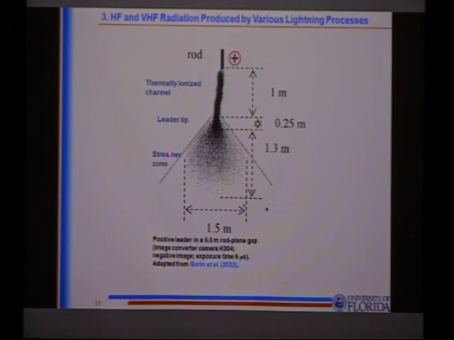And also you can see this region that is called a streamer zone. It's kind of conically shaped. And this region is kind of a transition between the thermally ionized channel, a fairly good conductor, and air below this, extending